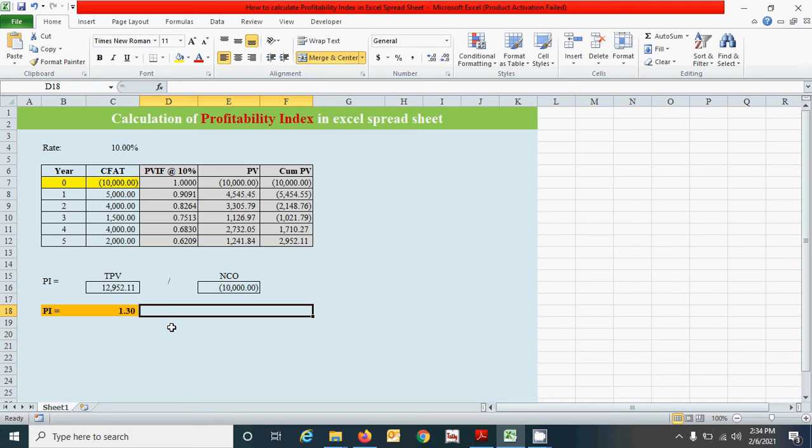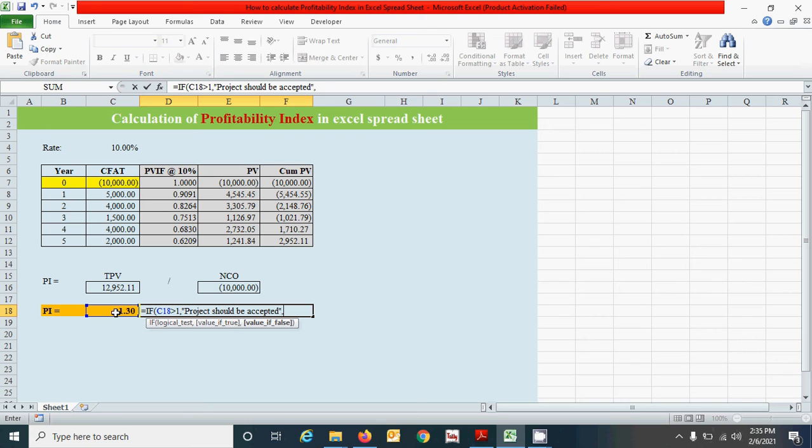You can make a function to display your answer automatically. For this one I'm going to use the IF function. Press the equal to sign, write the IF function. If this one is greater than 1, then what will happen? Project should be accepted. Similarly, if this one is less than 1, then what will happen?